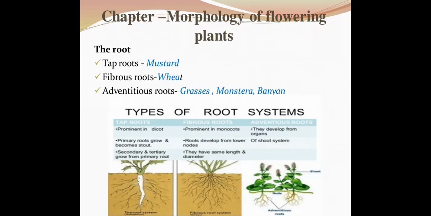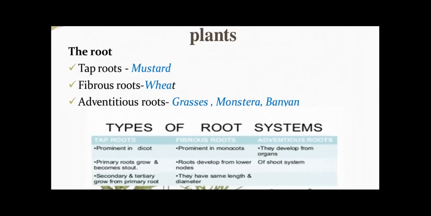Good morning, students. Now we'll continue with our session. In the previous session, we have completed 3 chapters: Living World, Biological Classification, and Plant Kingdom. Let us continue with the chapter Morphology of Flowering Plants, and let us have this chapter at a glance, so that you should be able to solve today's NEET paper.